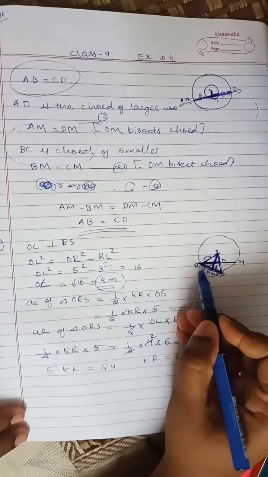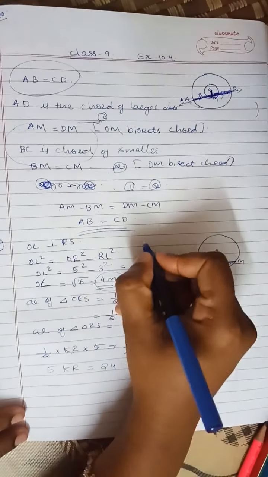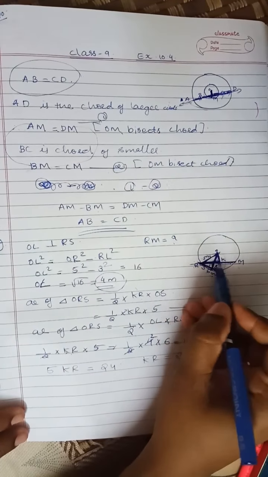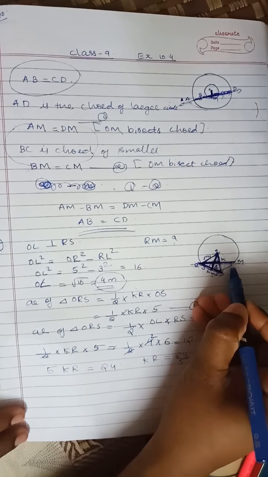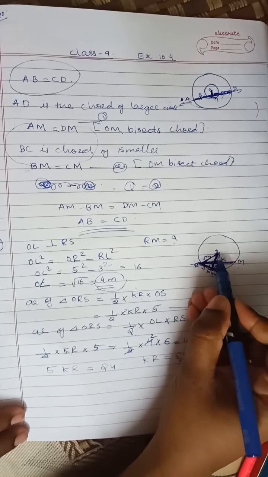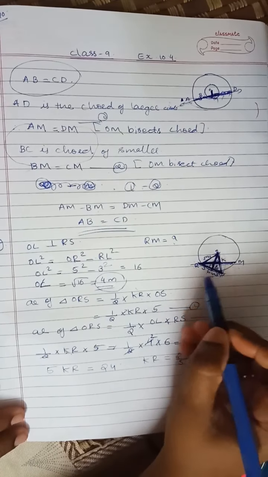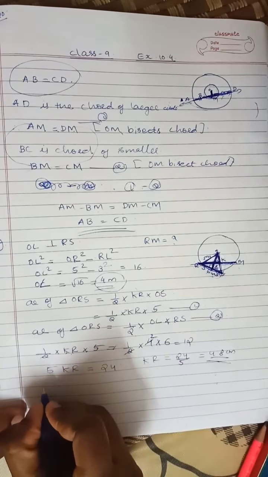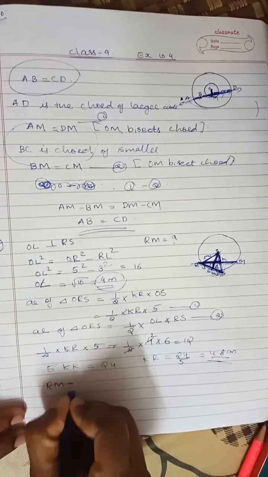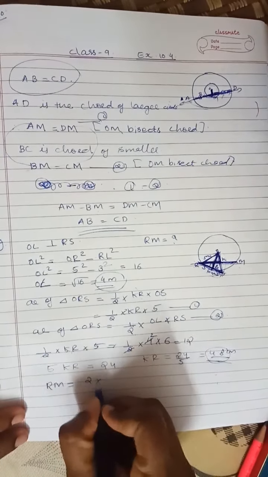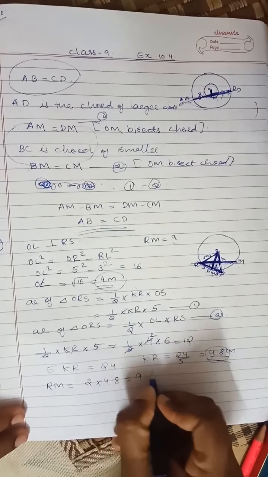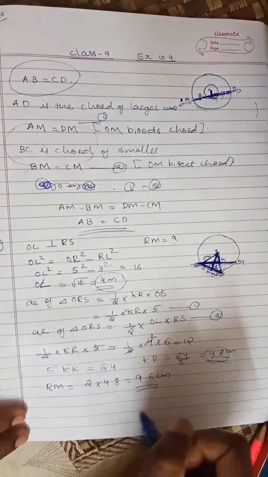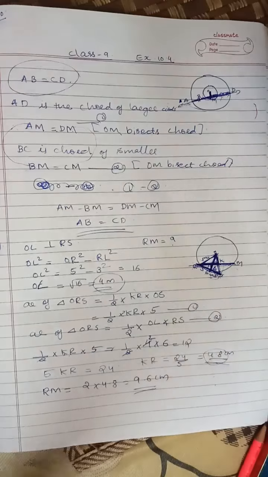We have to calculate actually RM, the distance between these two students, correct? This is the question. How can we calculate RM? Here we have KR, and this is a chord and this is a perpendicular line from the center of the circle. So this OK is bisecting the chord RM, correct? That means RK should be equal to KM. So easily we can calculate total length RM is equal to 2 into this length, correct? So 2 into 4.8, which is equal to 9.6 meter, is the distance between the students Reshma and Mandeep. This is the final answer. 9.6 is the final answer. Okay.